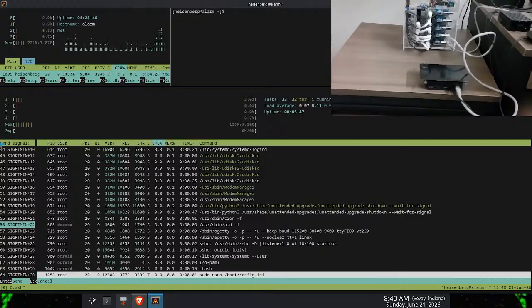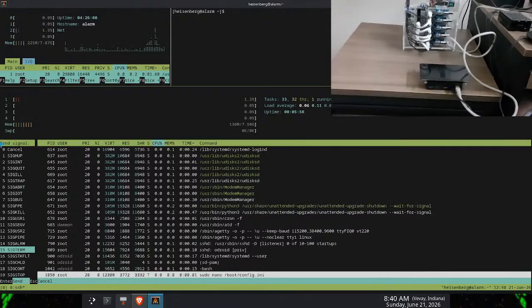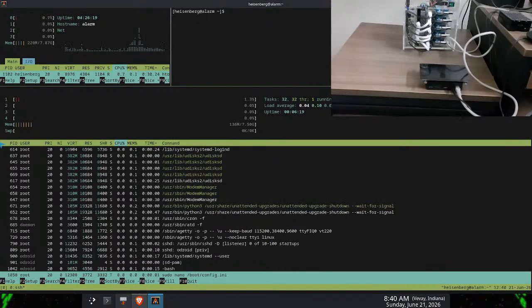Whoa, so many signals? Wow. Did that work? Obviously it needs a bit higher of a version. Maybe I need to select SIGTERM, like space. Send it. Dump it. Well, we know it's 1058, so